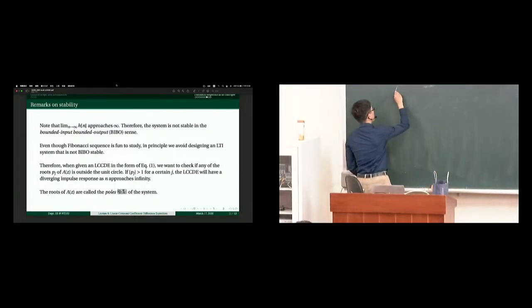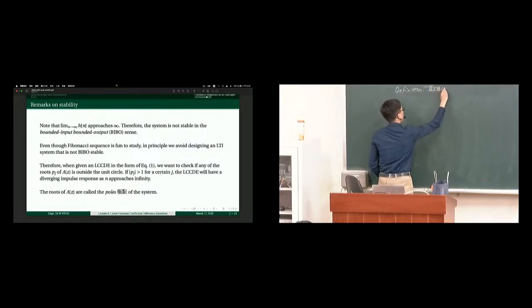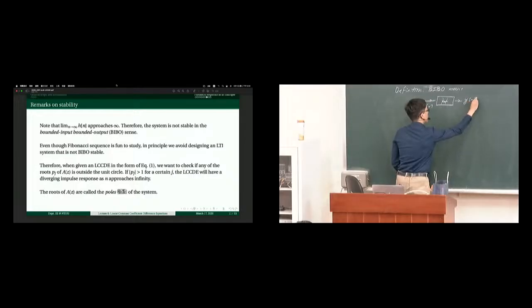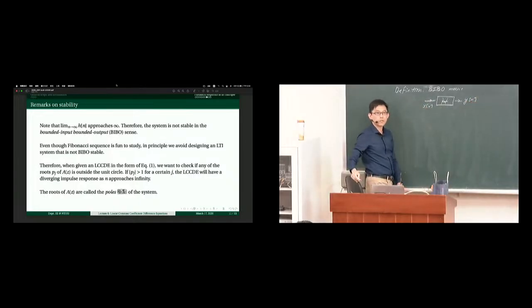Here we need to clearly define what we mean by bounded input, bounded output. Definition: BIBO means that if we have a system, any kind of system, that can receive any kind of input and produce any kind of output deterministically, given the input, producing an output, everything well defined. So if we have a system like that, bounded input, bounded output means that for any x[n] that is bounded, let's say bounded below c, a constant,